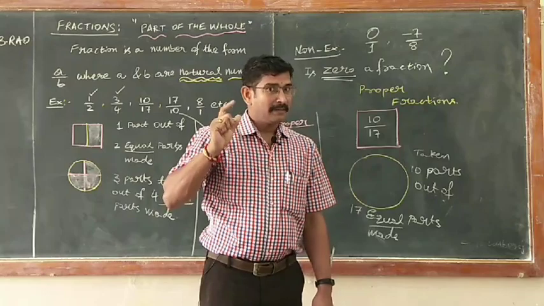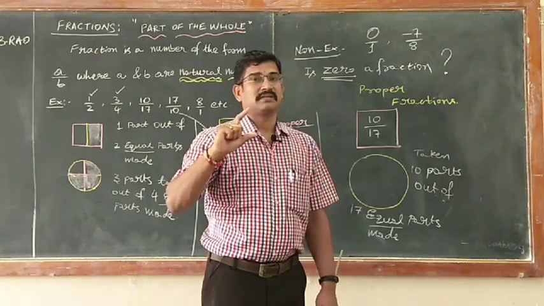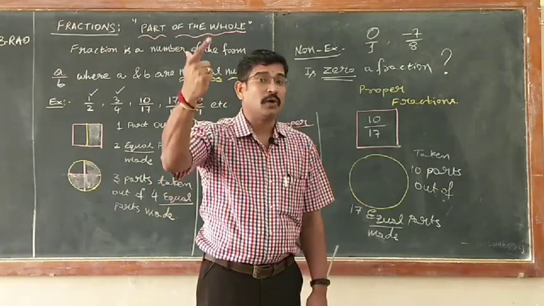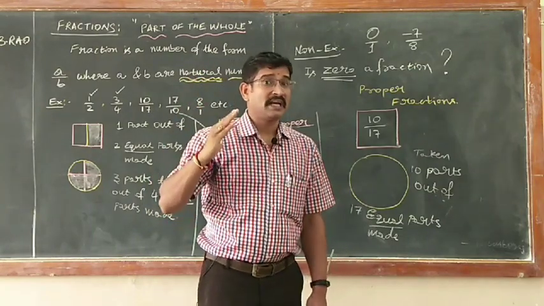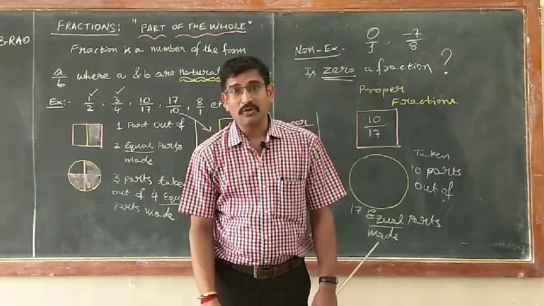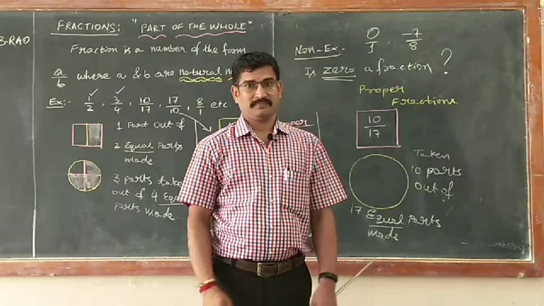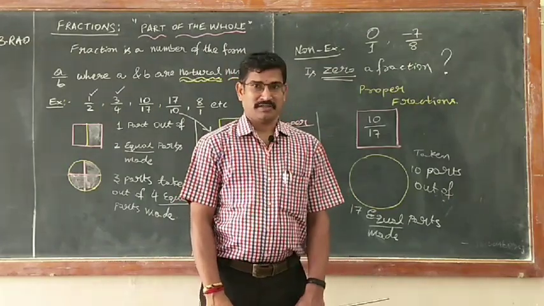In that, numbers lying between 0 and 1 are proper fractions, numbers more than or equal to 1 are improper fractions. 1 is also a fraction, but it is an improper fraction. Okay. So, now we will go for the need for rational numbers.